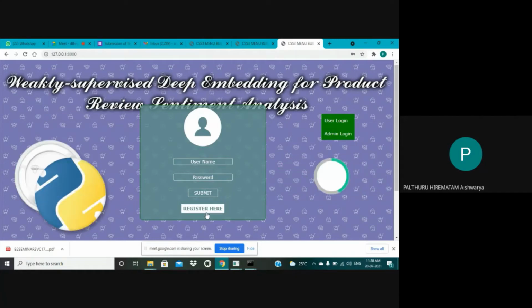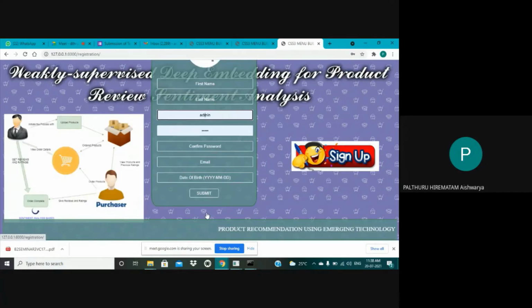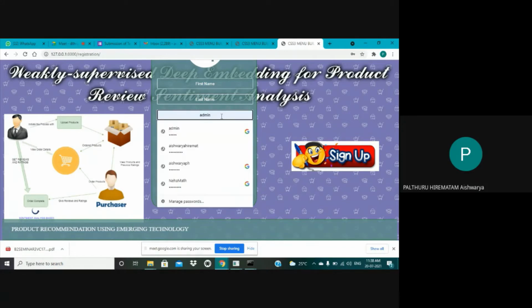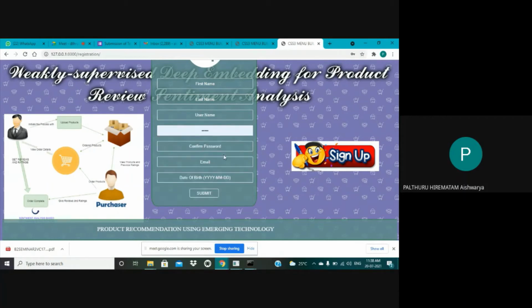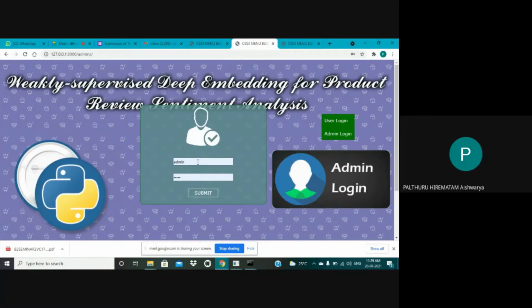If he is a new user, he can register first into this e-commerce website by giving first name, last name, username, password, confirm password, email address of the particular user, and date of birth. For time convenience, we are demonstrating using the registered user, which we already have.